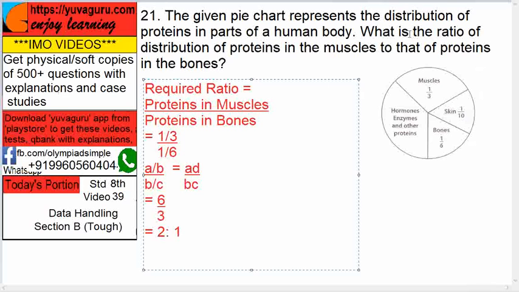What is the ratio of distribution of proteins in muscles to that of the proteins in bones? Distribution of proteins in muscles to that of the distribution of proteins in bones. Okay, this is not a probability problem. Remember this. So required ratio equals proteins in muscles